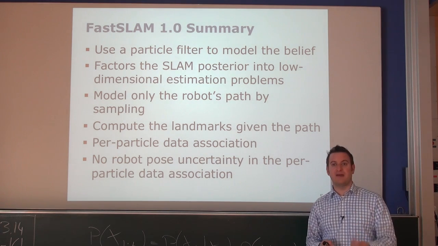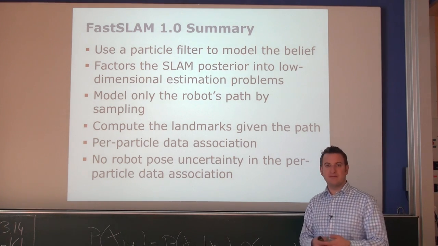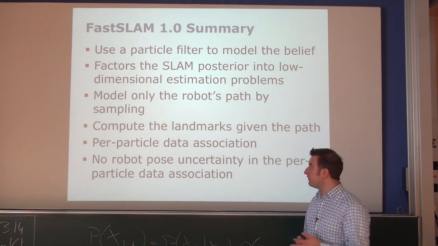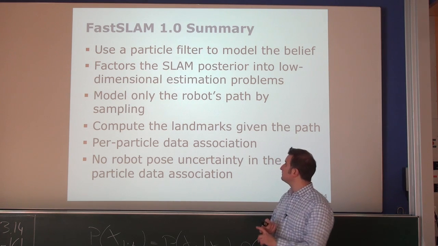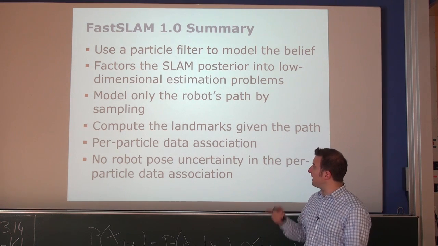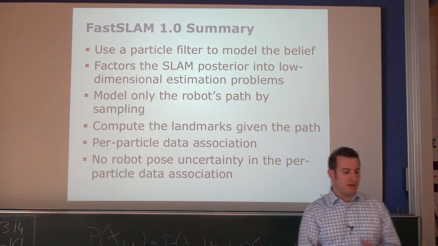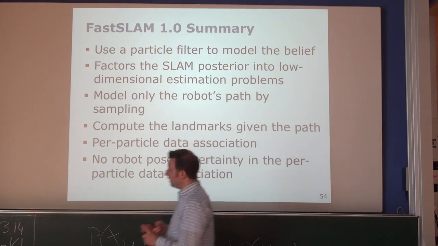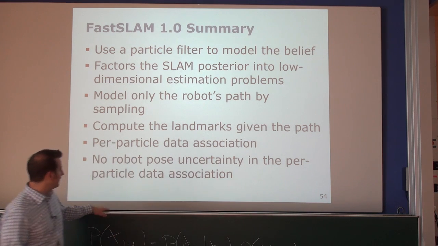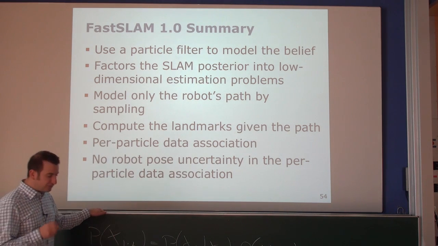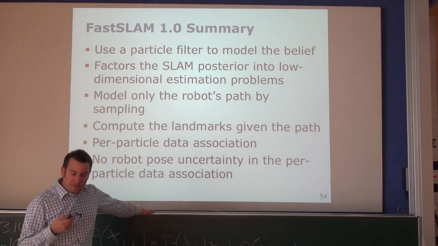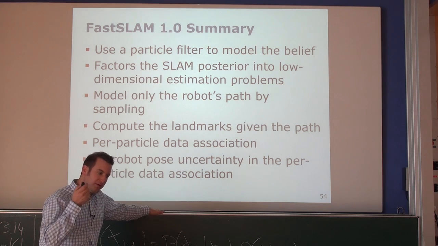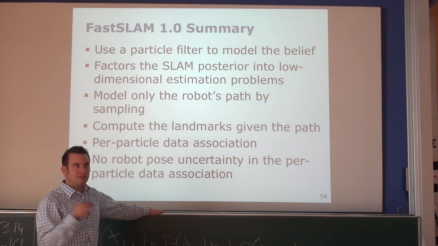which is really an advantage if you don't have a good technique to get, let's say, a good feature descriptor, which always gives you very good data associations. As I said, it models the robot's path by sampling, so by samples. It computes the map given the path, and we can do a per particle based data association. And this is the reason why the data association is simpler in this case: